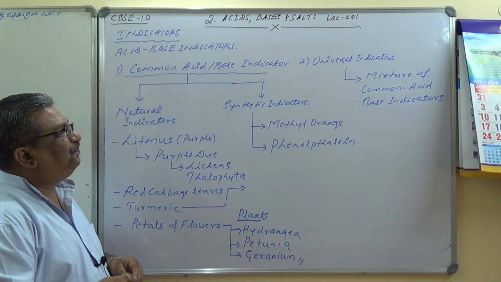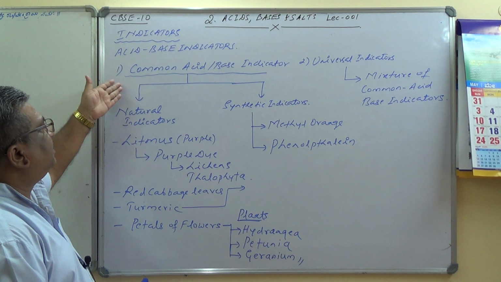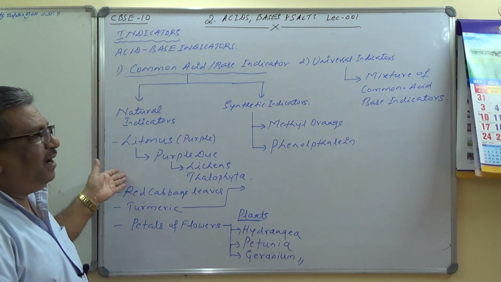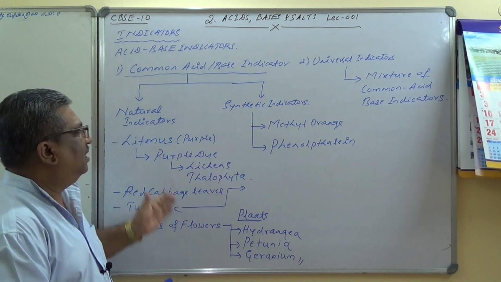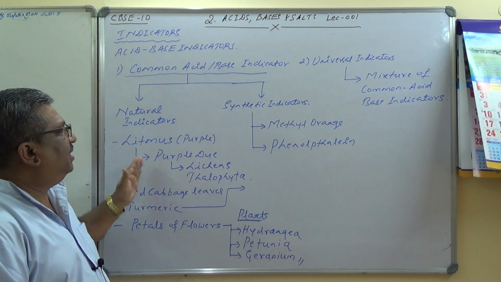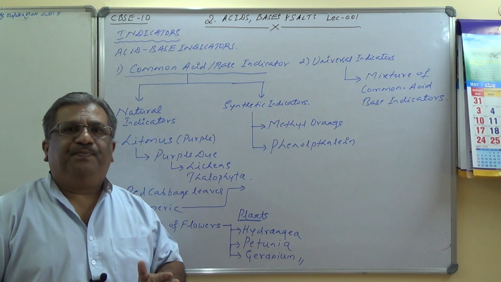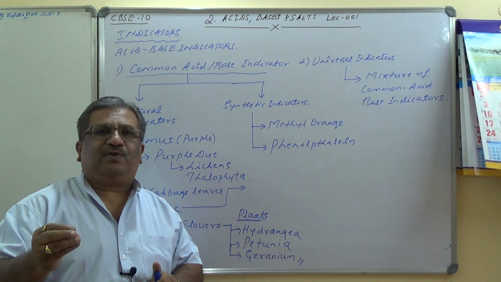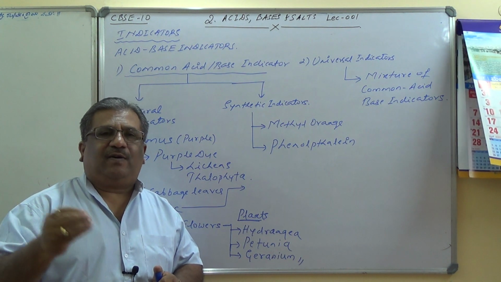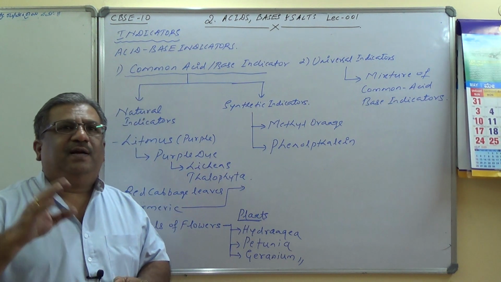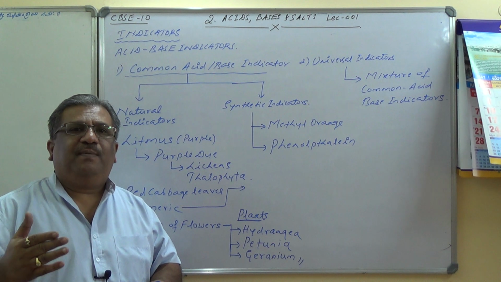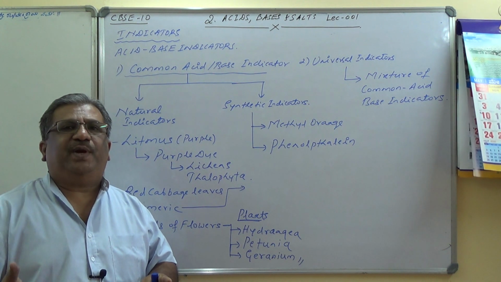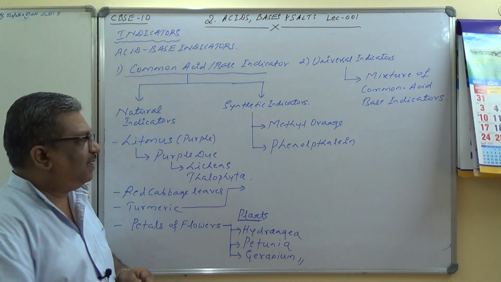Please remember, these substances will indicate the presence or absence of acid by changing the color. But these substances will not give you the value of the pH of a particular acid or a base. That means these substances will not give us the measure of pH, or the strength of pH is not indicated. For example,